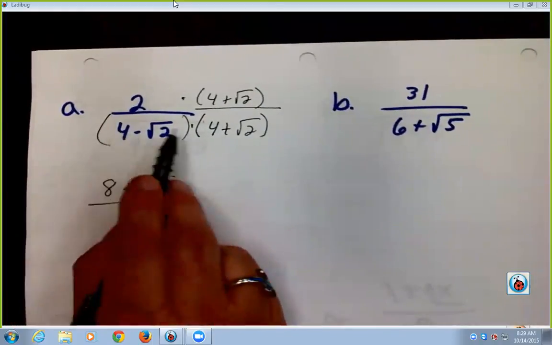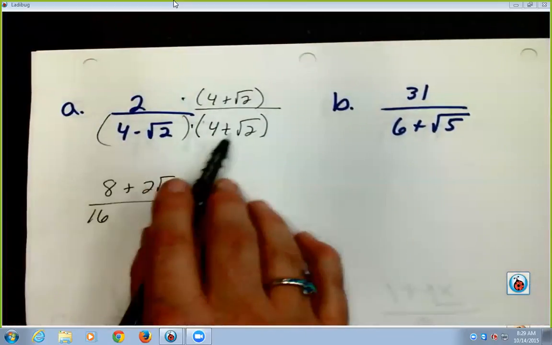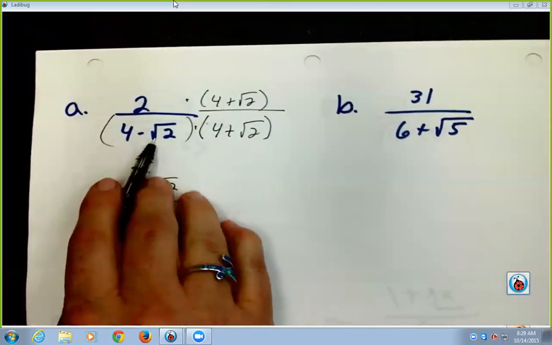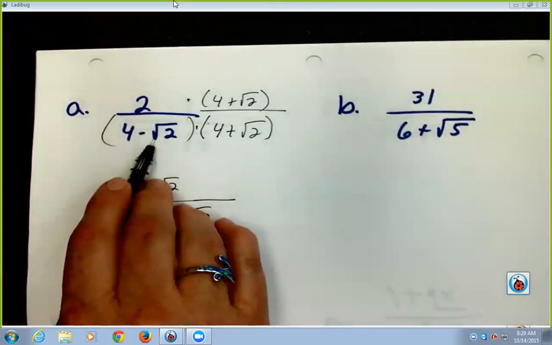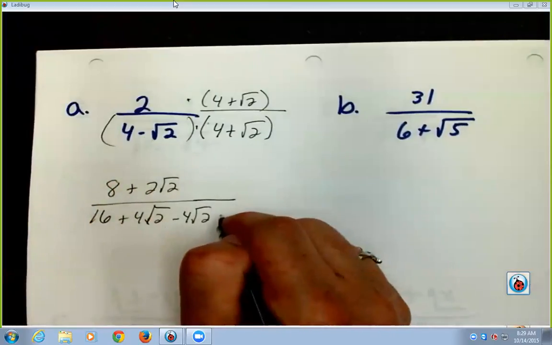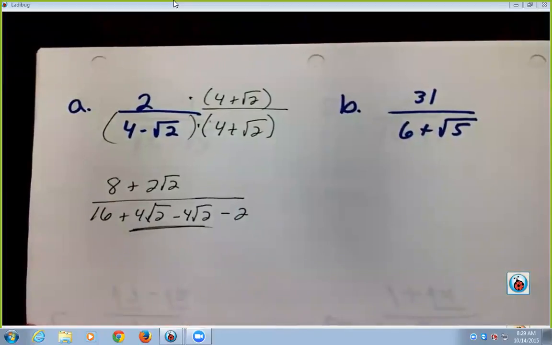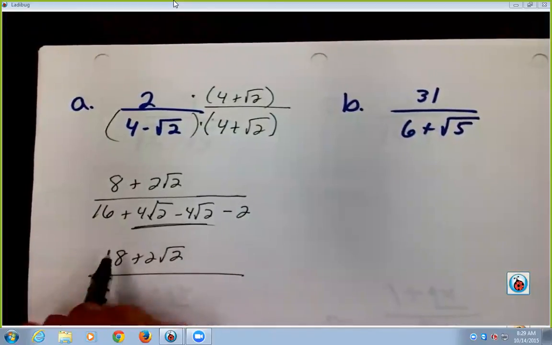Then in the bottom, 4 times 4 is 16. If I multiply the middle, just to show you what happens, 4 times a positive square root of 2 is plus 4 square root of 2. Negative square root of 2 times 4 is a negative 4 square root of 2. And finally, negative square root of 2 times a positive square root of 2 is a negative 2. And we had that the other day too, because whenever we multiplied a square root by a square root, the root disappeared, and you just had the radicand underneath. So what happens here is, of course, those middles disappear. So my answer is 8 plus 2 square root of 2, all over